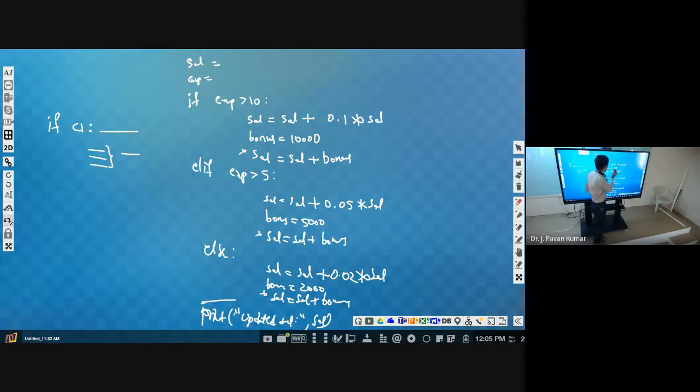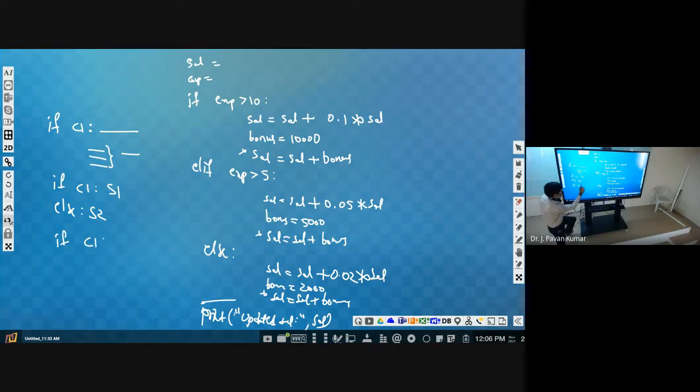Okay, I will give an example. Like if C1, suppose if we have only one statement, statement 1, just like that we can write, and else we can start here, and statement 2, it is valid. Suppose we are having more than one statement.